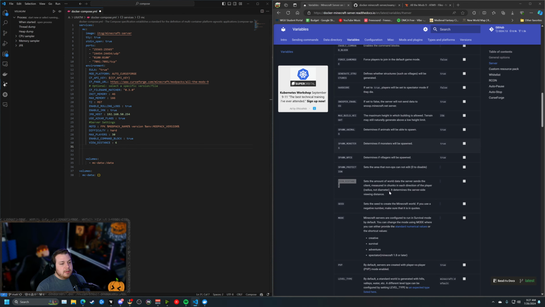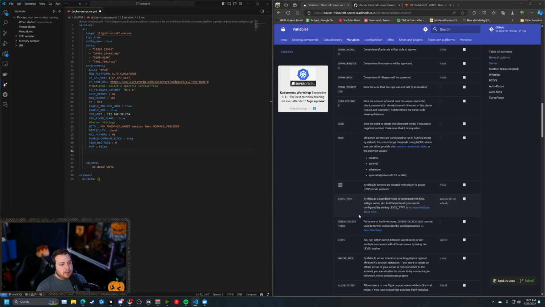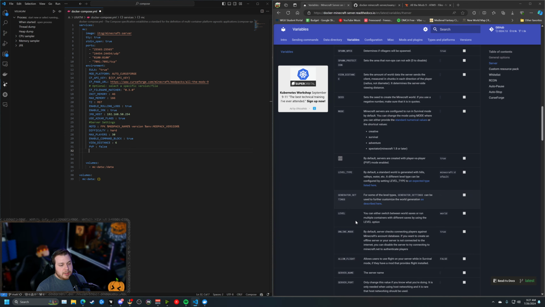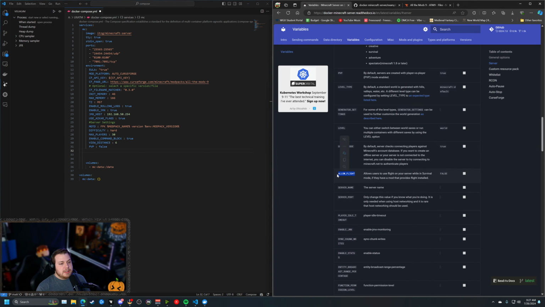We're not going to worry about the seed. We don't need to change the mode. In this case, for this server, PvP is in fact going to be false. Is going to be turned off. Now, continuing down here, we don't need to change our level type. We don't need to change our generation settings. We're not going to change the level settings. Online mode. Allow flight needs to be true, but the pack sets it itself. Let's just play it safe and